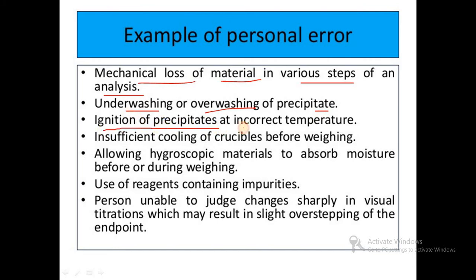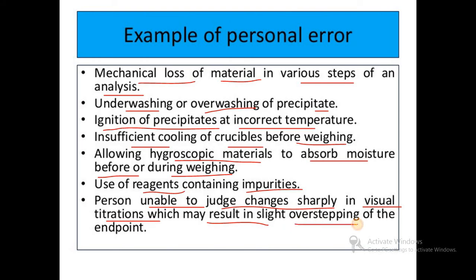Then ignition of the precipitate at an incorrect temperature, not maintaining the correct temperature, insufficient cooling of crucibles before weighing, allowing hygroscopic materials to absorb moisture before or during weighing, use of reagents containing impurities, then a person unable to judge sharp changes in visual titrations, which may result in slight overstepping of